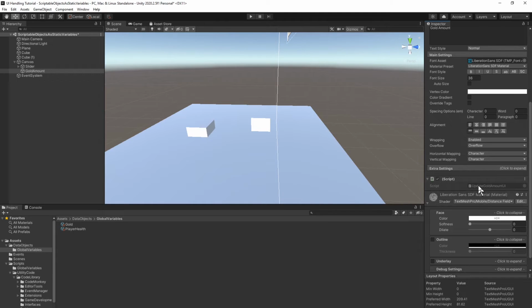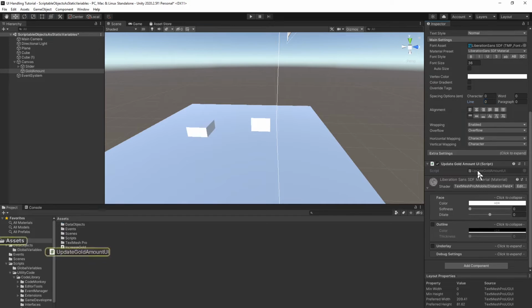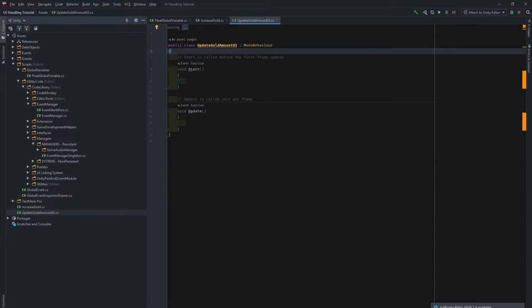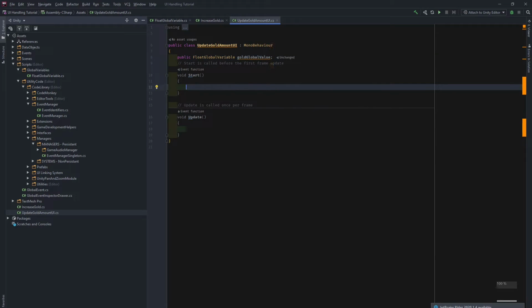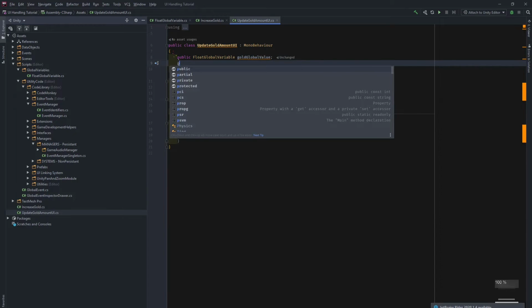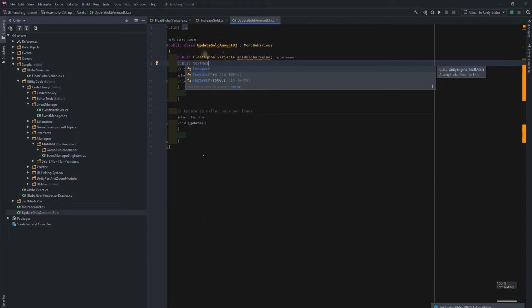Now this script is interested in knowing the gold amount and showing it. So first of all, I'm going to do this: public float global gold global value. And now in the start, in fact, I should not do it in the get a reference. Public text mesh pro